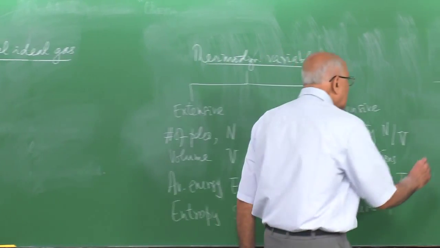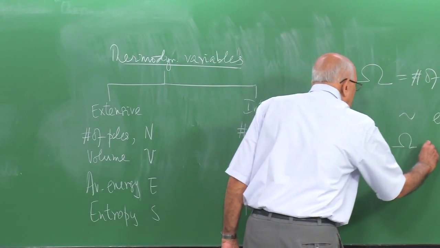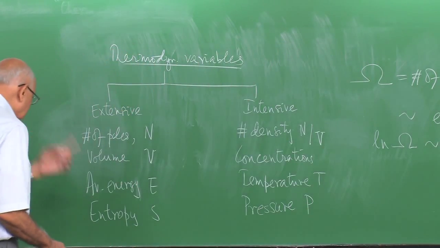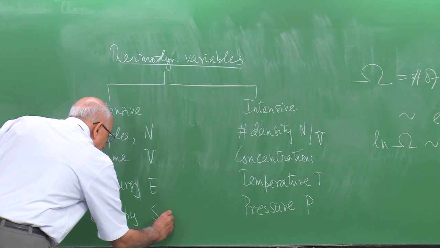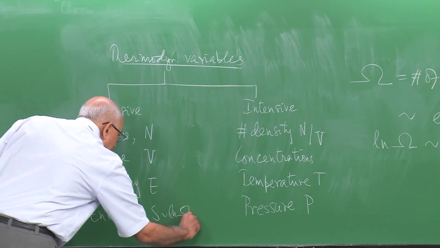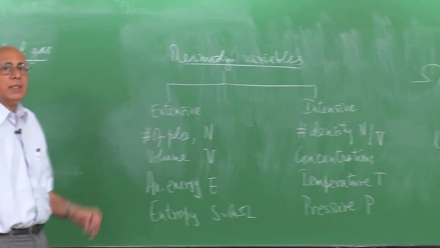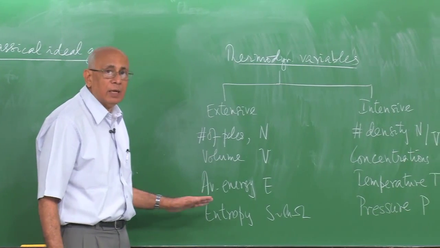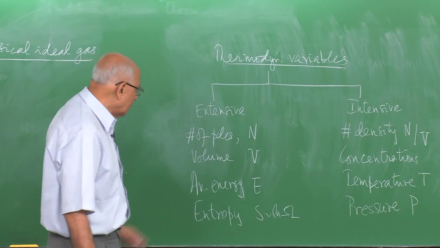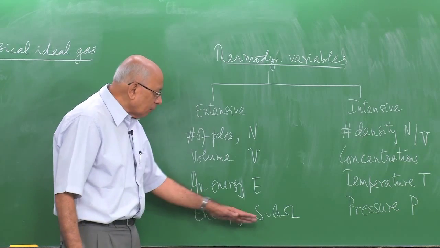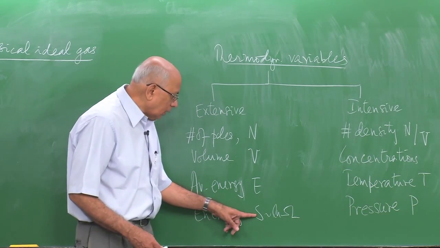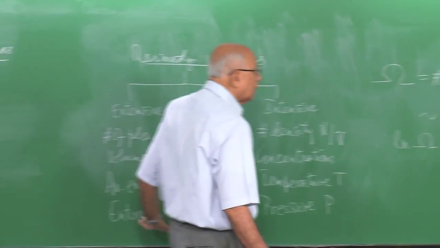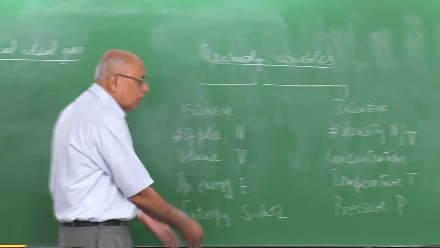So, this means that log of this omega is like N, apart from various constants always, and this entropy S is proportional to the log of omega. That is the statistical mechanical definition given by Boltzmann for the entropy. It is not the thermodynamic definition, which I will come to a little later, but this definition tells you immediately that this quantity S is proportional to N for ordinary systems, and that is why it is an extensive quantity. And we have a whole list of extensive quantities.